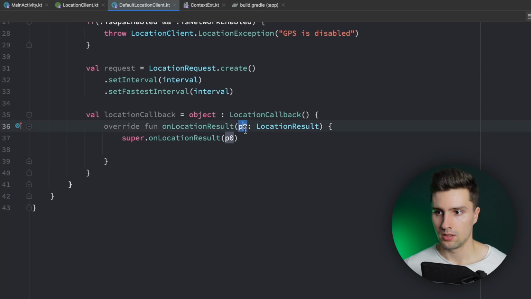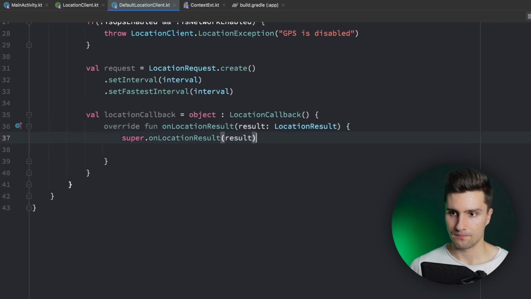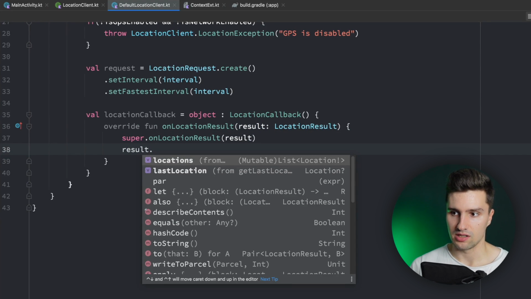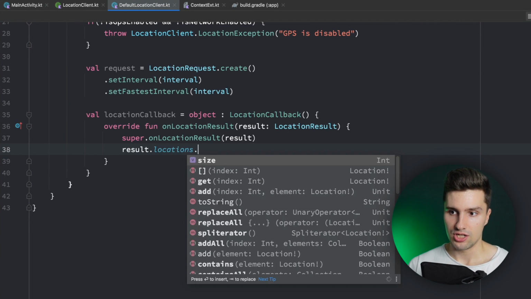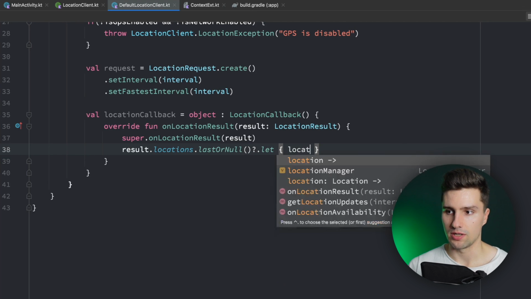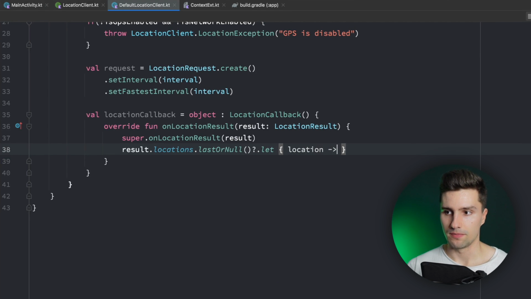So we want to rename this with result, and this result now contains a locations list, and the last element of that locations list is actually the new location that was fetched. So locations.lastOrNull, if that exists, so if there is a last entry, which is our location,